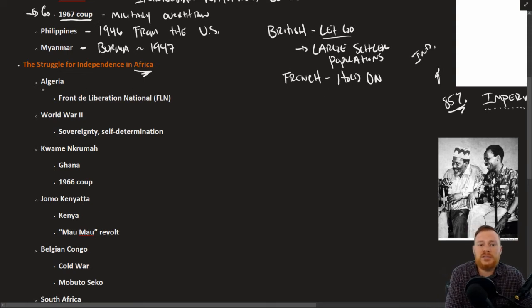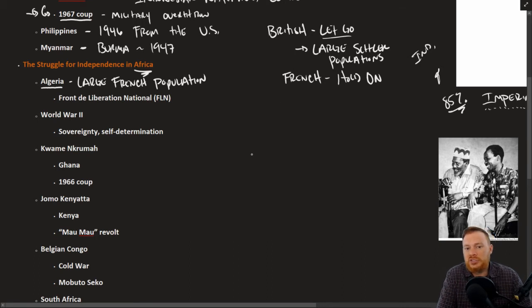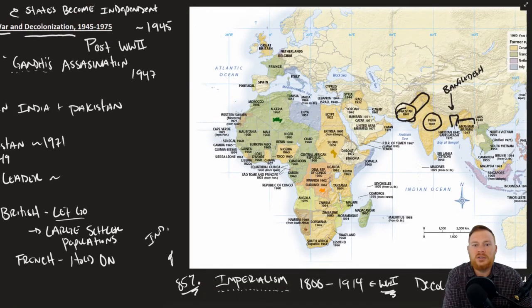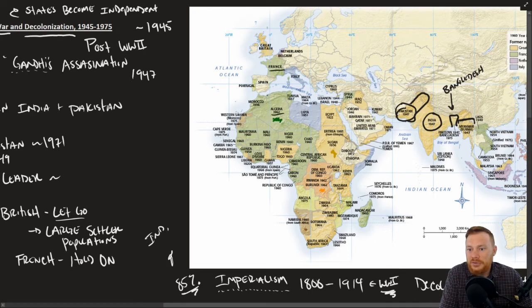A perfect example of this is Algeria, which was similar to what the British did, because Algeria did have a large French settler population. Algeria was an exception in that it was actually kind of like part of France as opposed to a French colony. It was more integrated. And if you look at a map, you can just see generally from the proximity why that is. Here is France right here, and here's Algeria. There were a lot of French people that lived on the coastline here, and this was very close to the French coastline in that particular area.